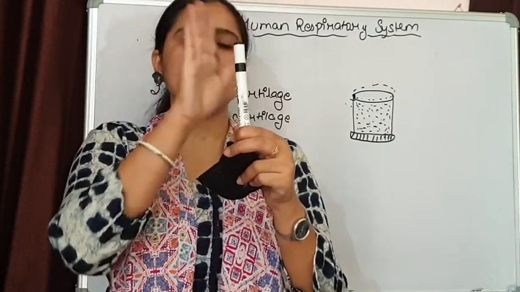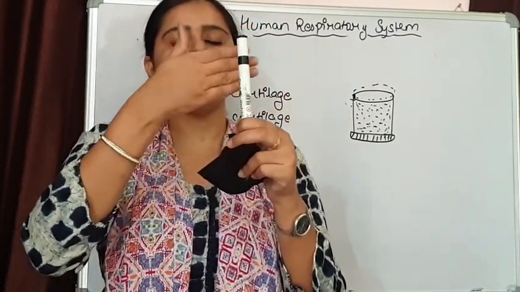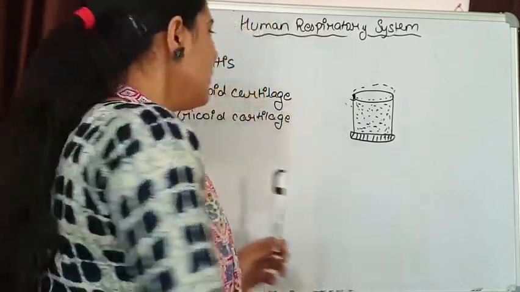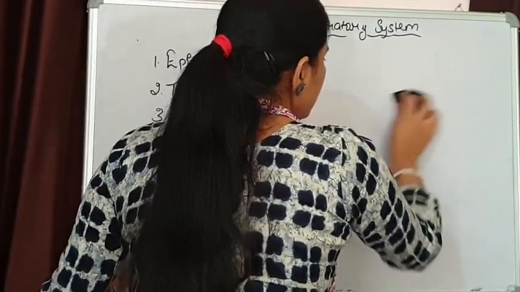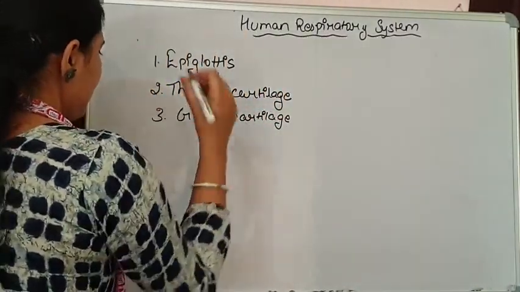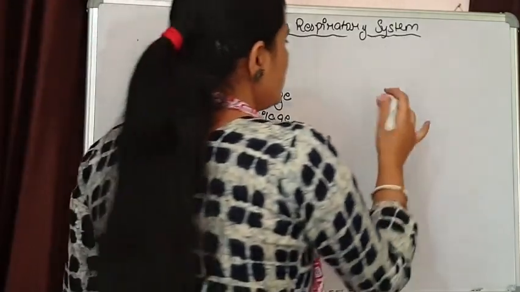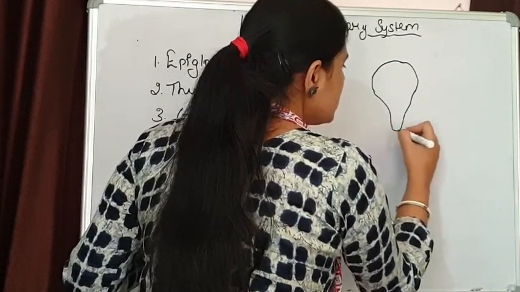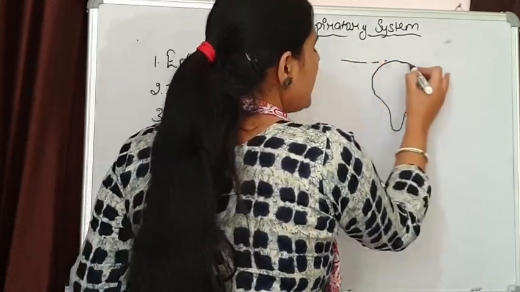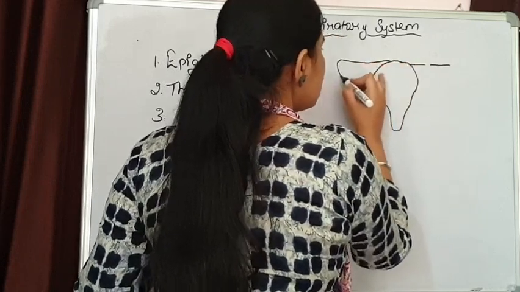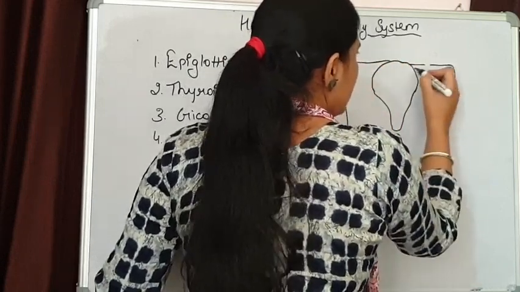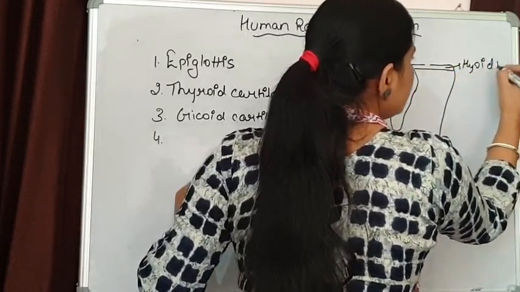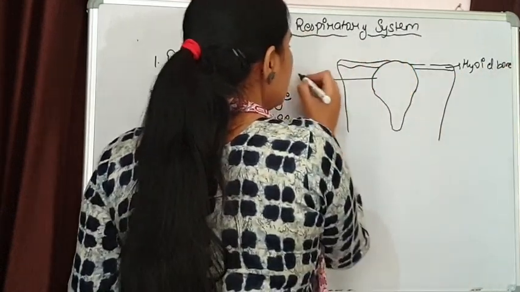If we have to see the remaining three pairs of cartilage that are present in the posterior region of the larynx, on the back side of the larynx, we have to see the back side view to see all three cartilages. This is the backside view of the epiglottis, and here the hyoid bone is present. See, there is a bone that is present over the larynx, and that is known as the hyoid bone. So this is the hyoid bone. This will be the epiglottis,